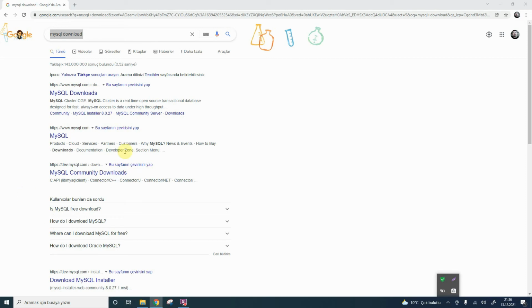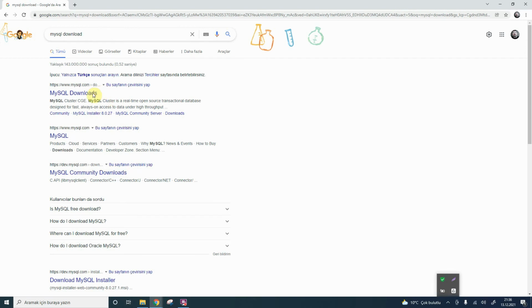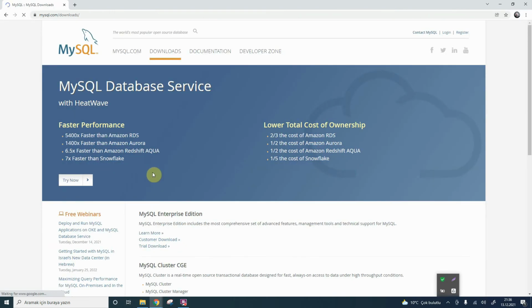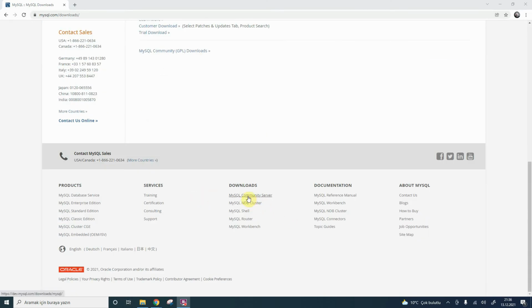MySQL server to Windows. Go to google.com, search for MySQL download, go to MySQL.com and go to the downloads area, and click MySQL Community Server